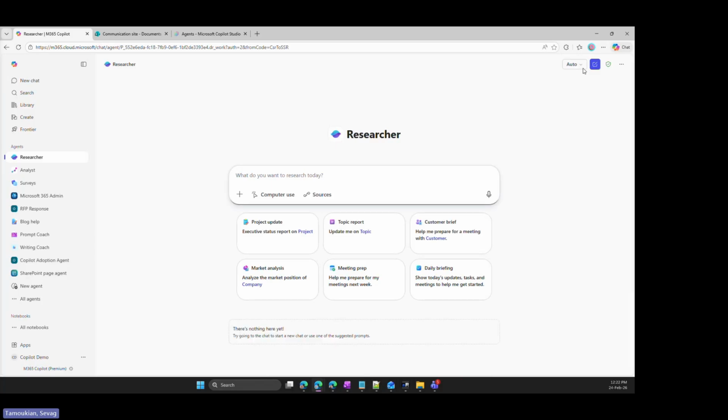show you now over here within researcher, I have the ability of having GPT or Claude. Claude is another LLM that doesn't belong to OpenAI. It belongs to another company called Anthropic. And Claude's been out there and it's famous in being able to write longer articles. So this is a tech info.